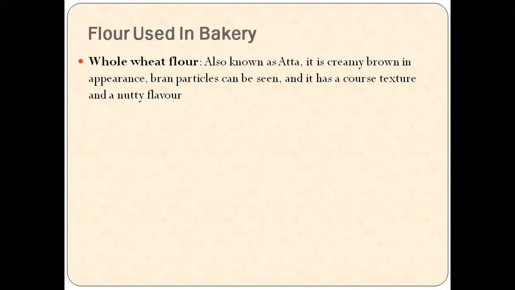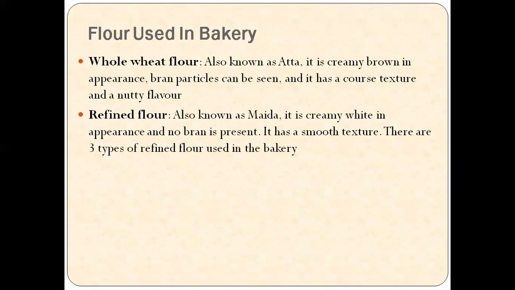I'm sure any doubts would have been cleared by that video. Let's understand now the various flours used in the bakery. The first one is the whole wheat flour, also known as atta to us, which is creamy brown in appearance, has bran particles, is coarse in texture and has a nutty flavor. To simply understand whole wheat flour, in the milling process the entire grain is ground to obtain this flour. The next one is refined flour, also known as maida, which is creamy white in appearance and no bran